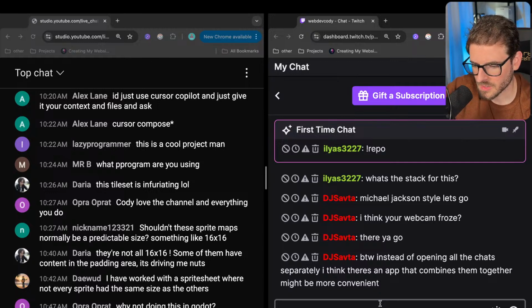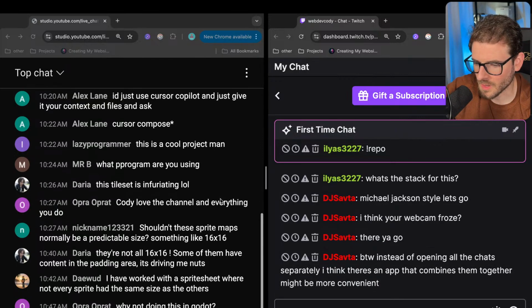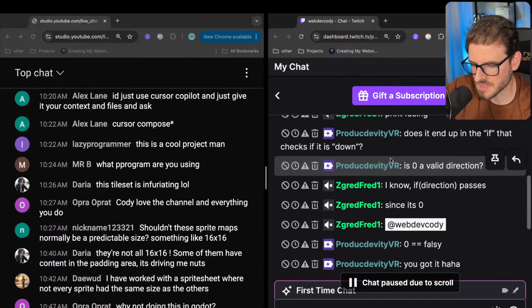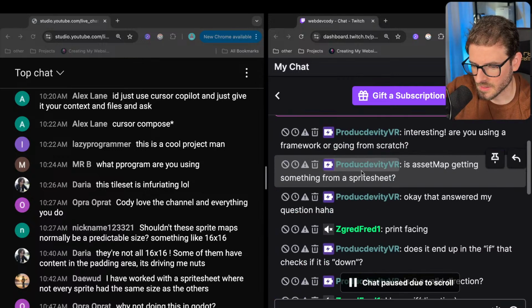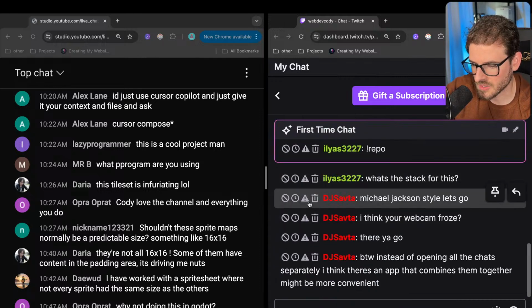By the way, instead of opening all the chats separately, I think there's an app that combines them. Yeah, I'm using Restream. They have a widget I can use so I can just have them all aggregated together. I just like to keep them separate, mainly because there are particular people I see all the time come in on Twitch, and there are people that come in on YouTube and they don't seem to cross-pollinate, so it's just easier for me to understand my Twitch audience. Granted, I could have a little Twitch icon next to people's names that show up, but